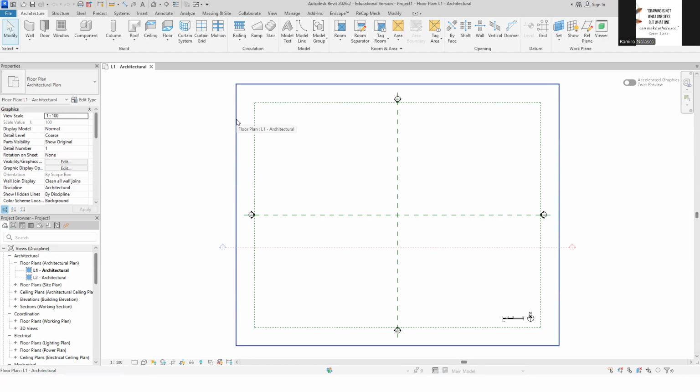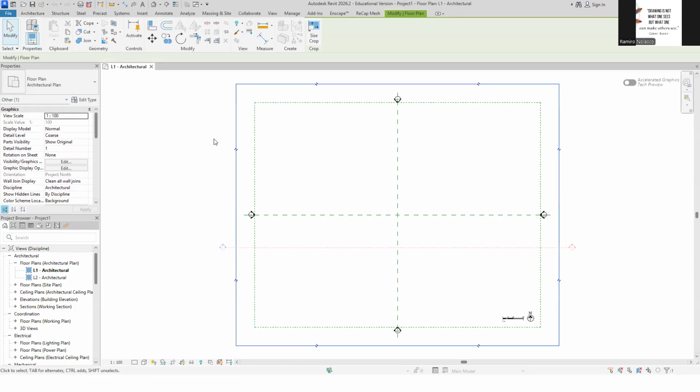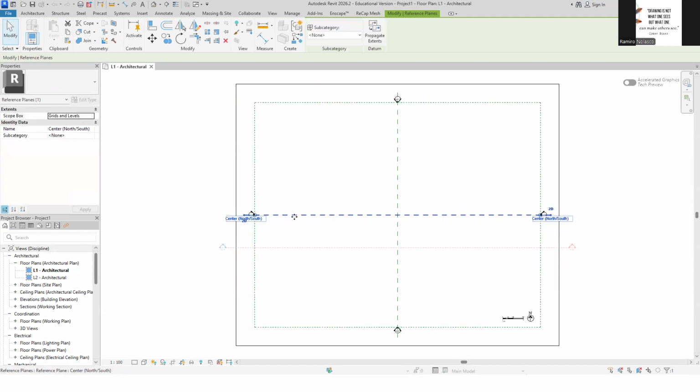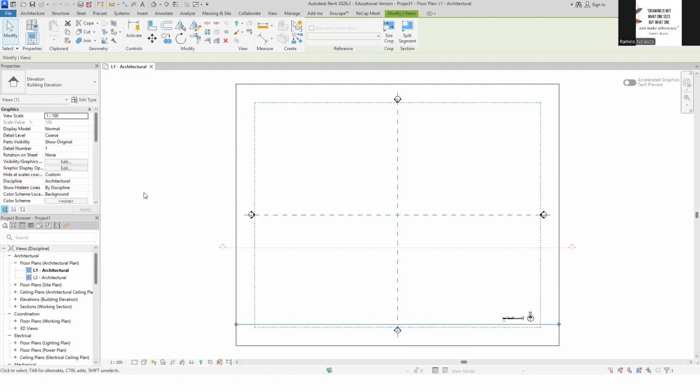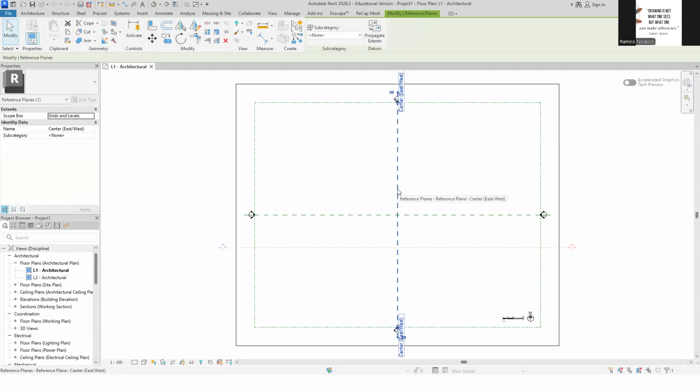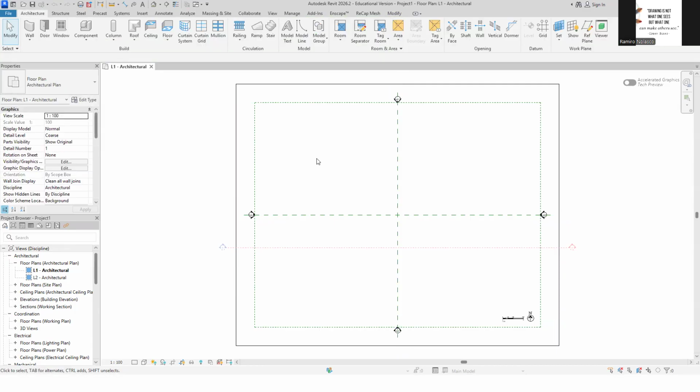So for example, if I select this, it tells me this is still part of the floor plan. If I select this, it is now a reference plane. If I select this, it is an elevation marker. Okay. Again, this is a reference plane. If I click outside, I am in the floor plan view.